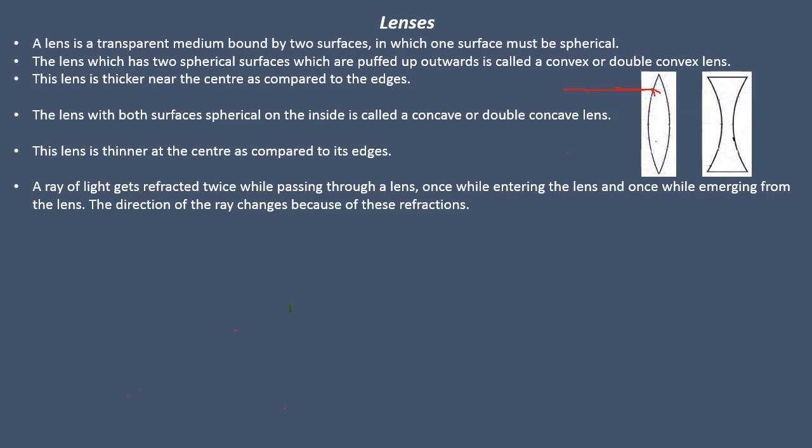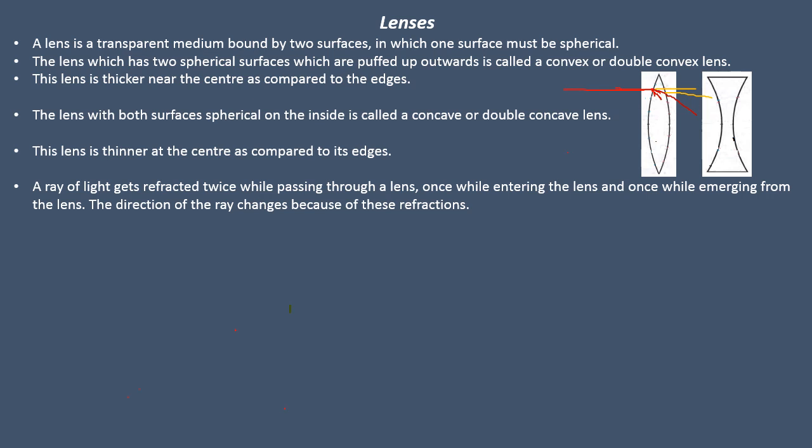You can see here, actually the light has to go in this direction, correct? But it will be changing its path here. It will be moving somehow like this, and when it is coming out from the glass to the air medium, again it is going to change its path, correct. So suppose again when it is coming, it should go like this, but it is going to change the path. So that is what we call refraction.